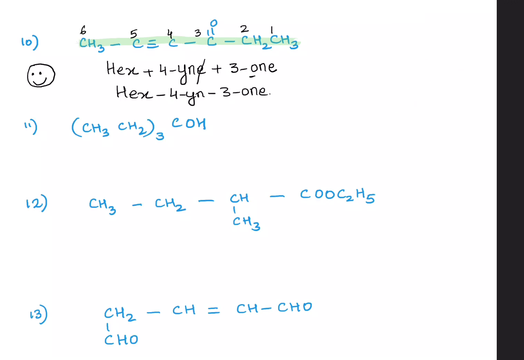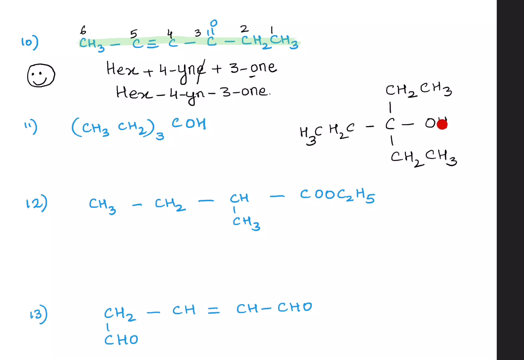Now in order to name the next compound, you see it looks very difficult to name this kind of a substituent. So what does it mean? Here we have COH, right? Now there are 3 ethyl groups. You see over here CH2, CH3 is an ethyl group. So I will write it as CH2, CH3, CH2, CH3. And lastly CH2, CH3. This is 3 alkyl groups attached to the carbon which is attached to the functional group.